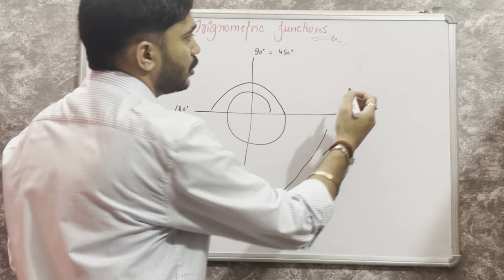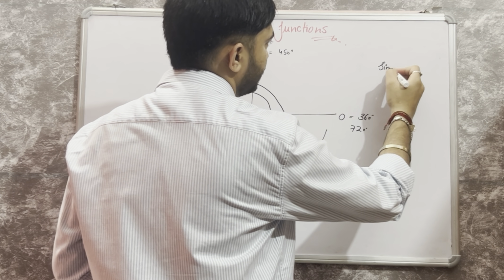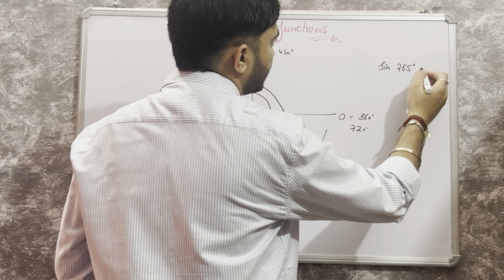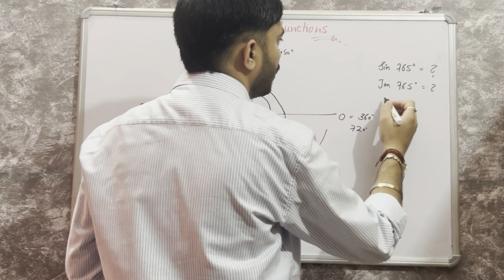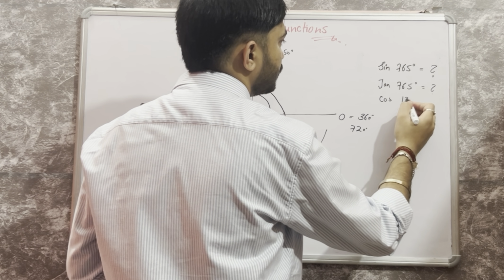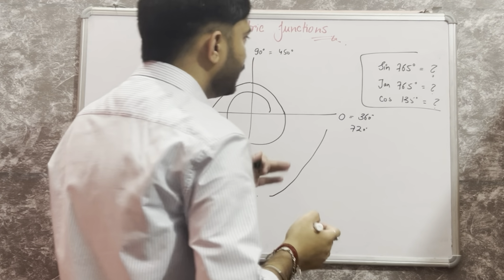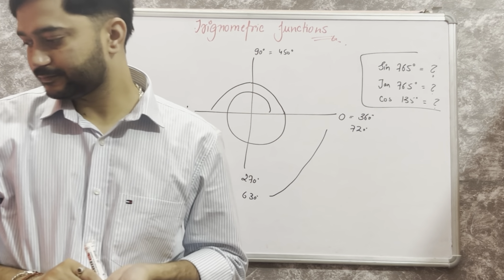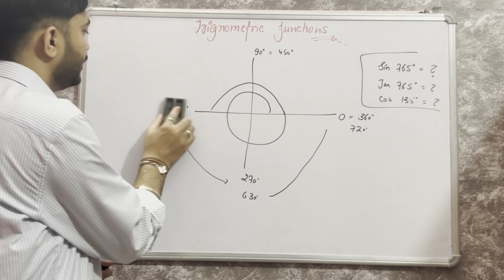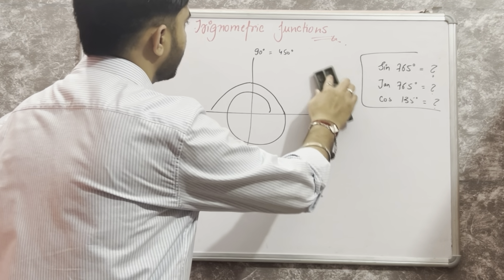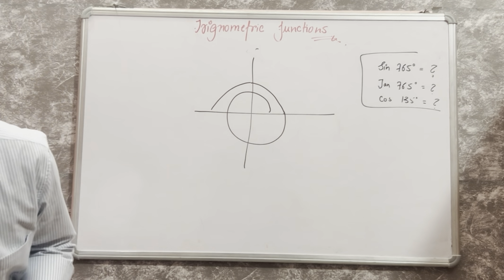How are we going to solve it if a question is given like sine 765 degree or tan 765 degree or cos 135 degree? How are we going to solve it? Let's have a look at it. Firstly, we need to understand some basics. That is,